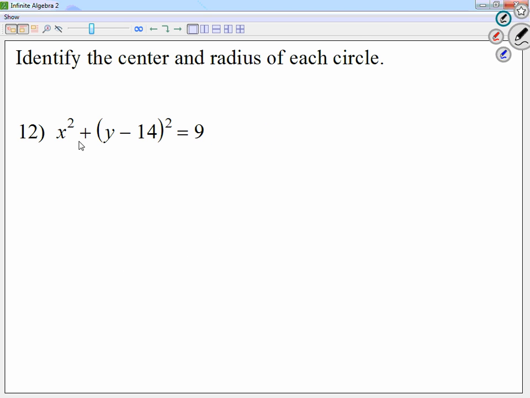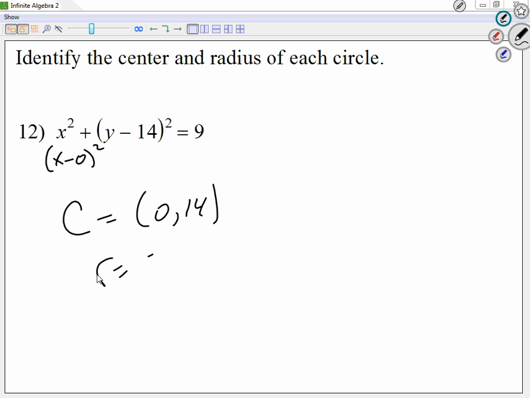For 12, okay. So x squared, kind of like if I'm looking at it as x minus 0 squared. Right, x minus 0 is x. So yeah, the center will be 0, positive 14. The radius will be 3, because square root of 9, you can simplify that. Okay. Any other questions up until 16? Then your favorite section,